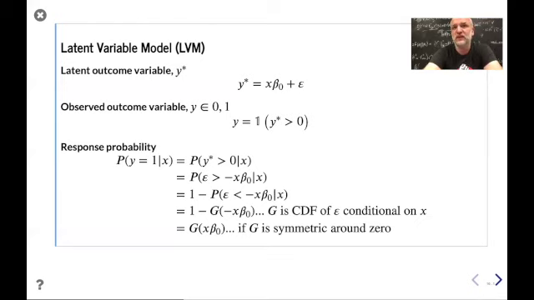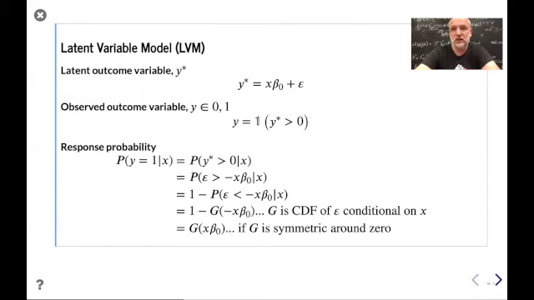This is the most usual choice, and then depending on the choice of that CDF, for whatever distribution that is, you get different models. You just get different g's depending on whether you choose a normal distribution or a logistic distribution or some other distribution. And so the next question arises: what does it mean to choose that distribution? It can be useful to give a model that results in such a functional form for the choice probability a structural interpretation. By structural, I mean we have some underlying economic model that results in